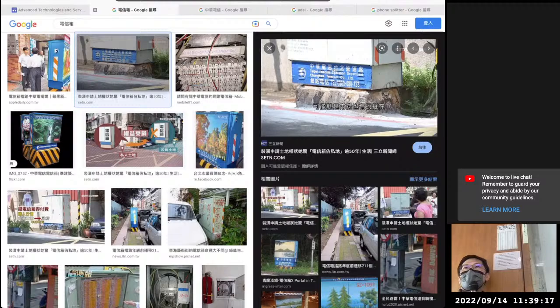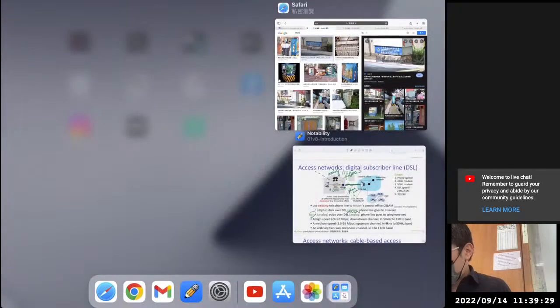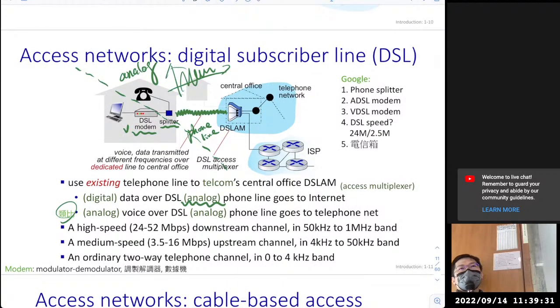And HiNet central office 在过了那个木栅路之后，在木栅农会的旁边，你知道，在过桥那一边啊，就是所有的线都会集中到那边去啊。